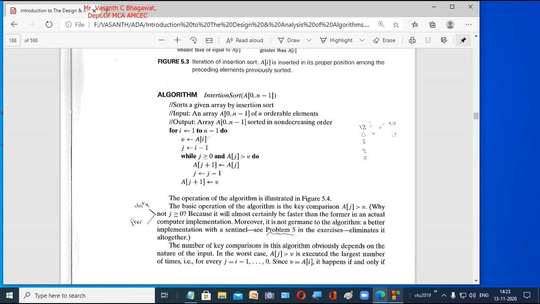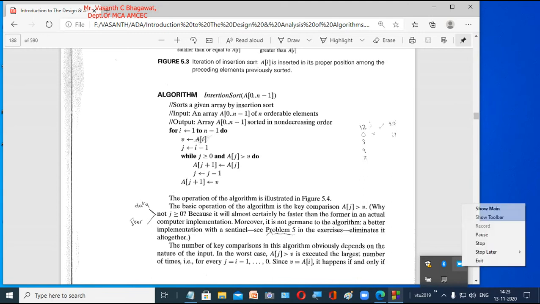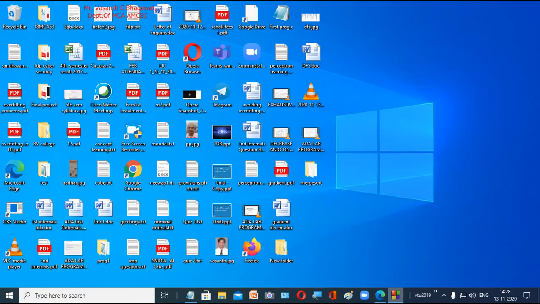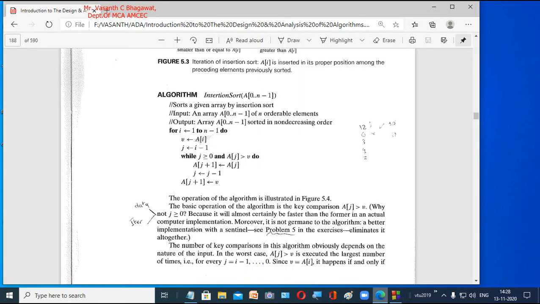Now what you do is, for i equal to 1 to n minus 1, we consider the array A, thinking that the first number is already sorted.